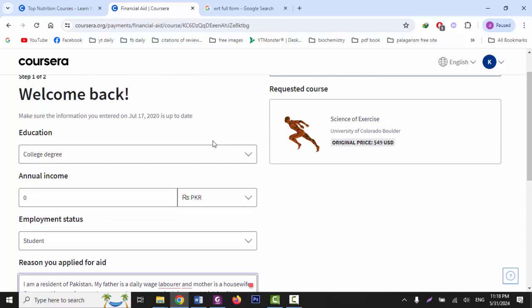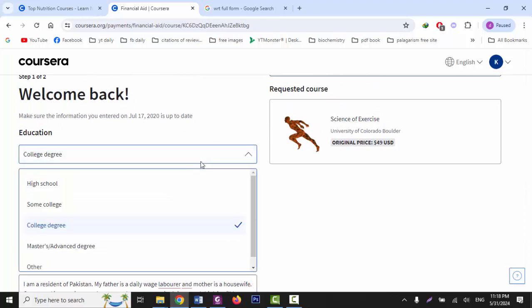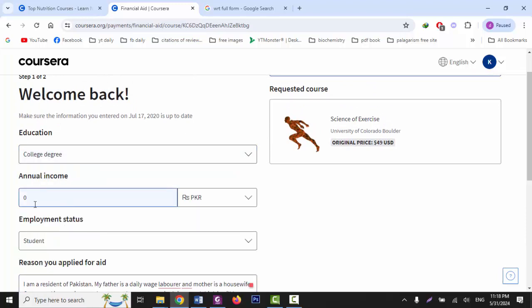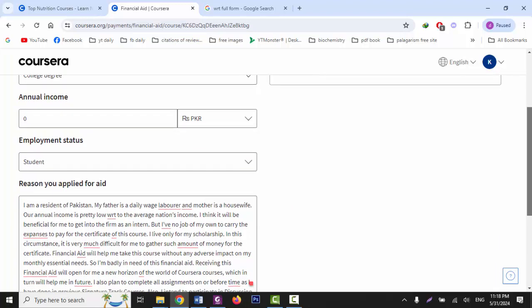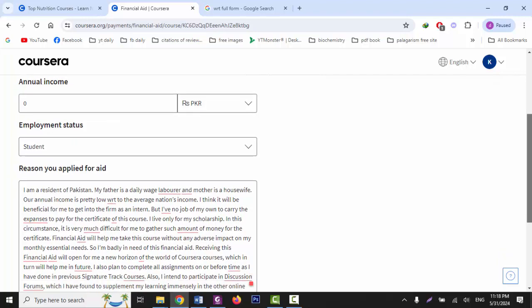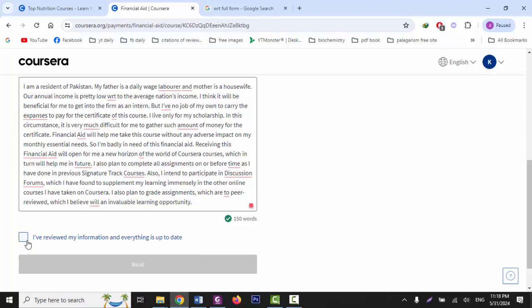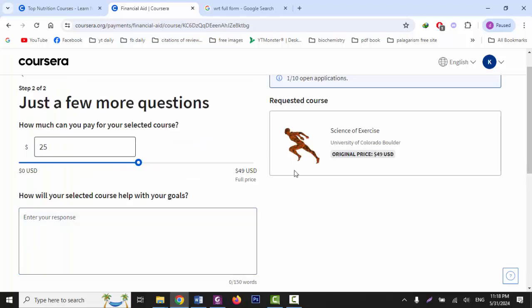Please verify all the other sections you have already filled: college degree, annual income 0, PKR, and employment status, student. Click on I have reviewed my information, everything is up to date. Click on next.